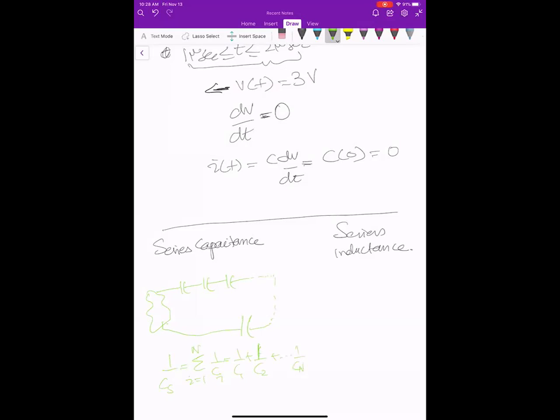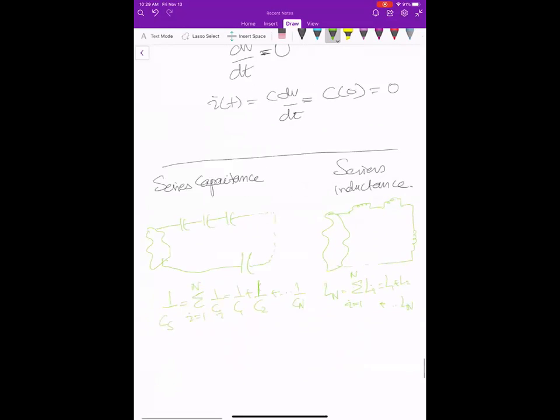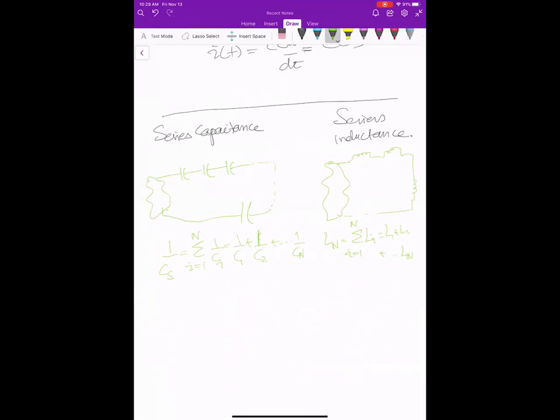And if you have inductors in series, so it's the same as the resistors. And similarly, if you have them in parallel,